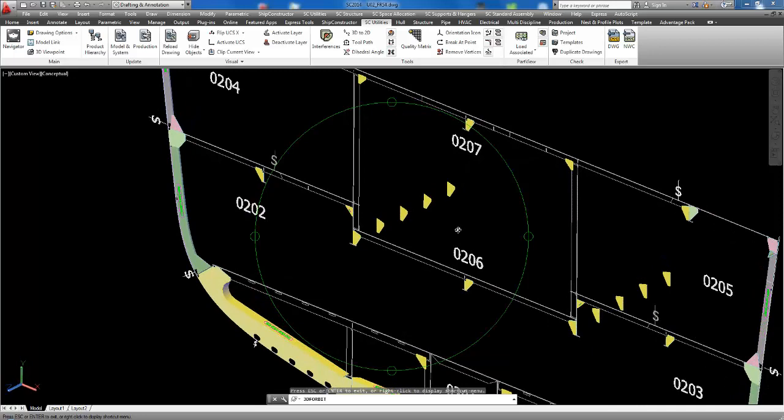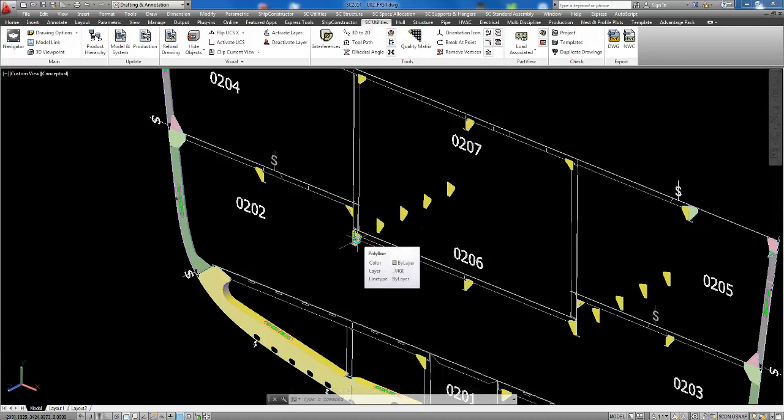It means that ShipConstructor has created copies of all parts associated with this bracket. We see identical parts and mirror parts. To distinguish between the real parts and part views, which are copies of the parts, we can change